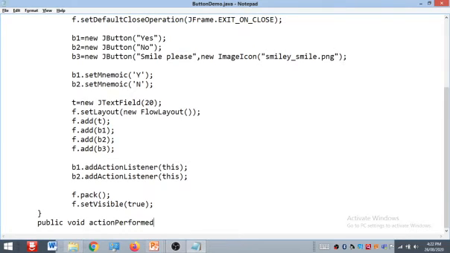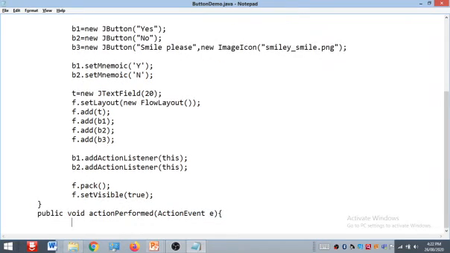Wherever we use the action listener, we use the method actionPerformed. It means which action should be performed. That particular instruction we provide in this method, and to this method we provide a parameter of ActionEvent object.